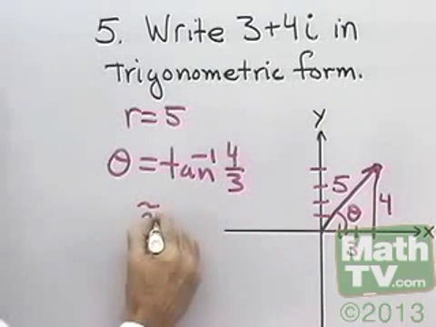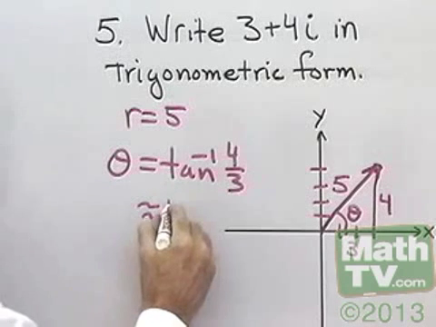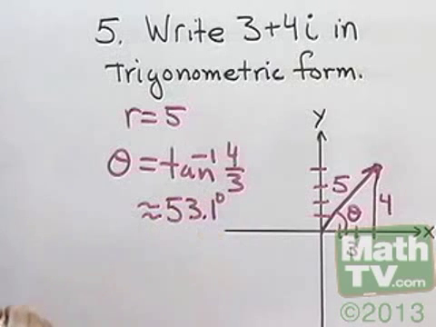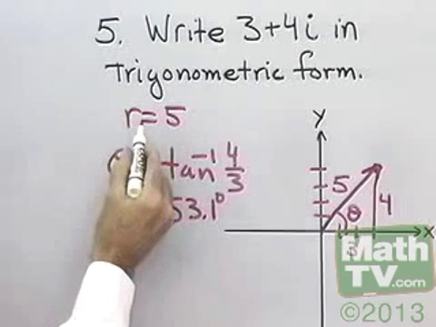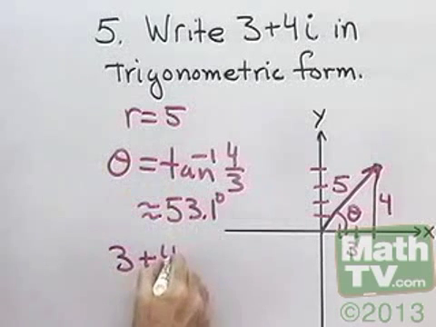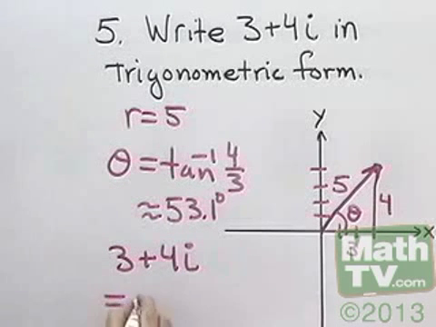I'll look it up on the calculator just to give me an approximate value for this. If I put in 4/3 in the calculator, press the inverse tangent button, I get 53.1 degrees. Let's just round to the nearest degree. So I'll take this value of r, this value of theta, and I'll write 3 plus 4i in trigonometric form as 5